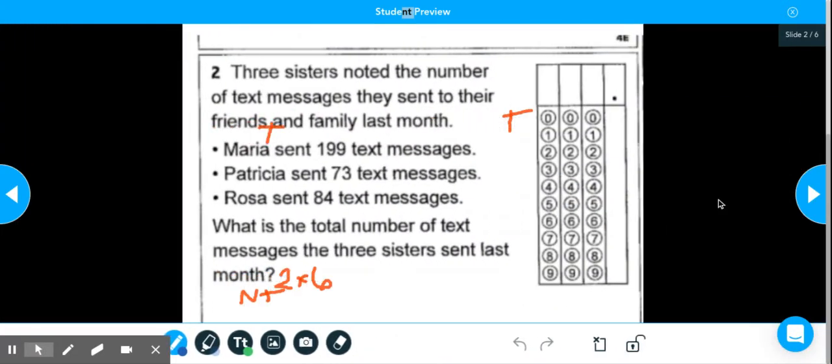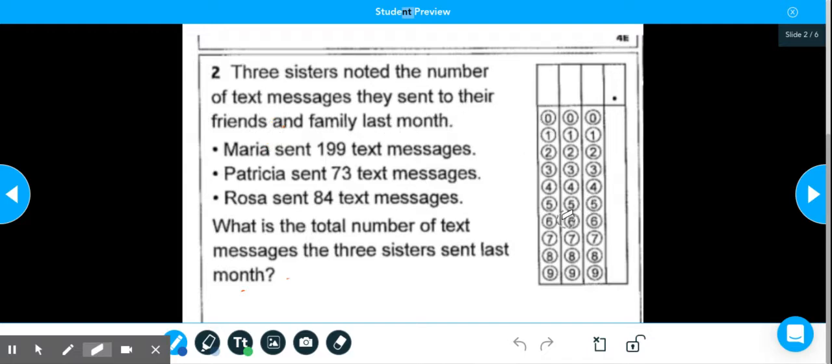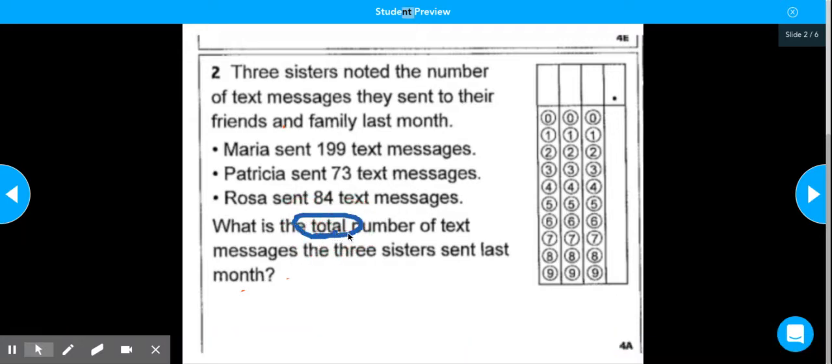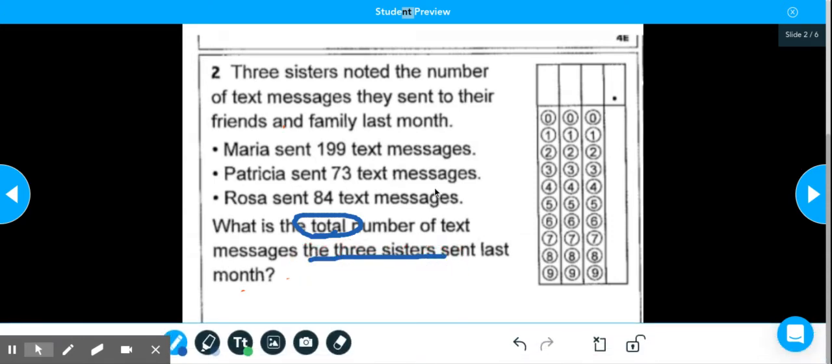Okay, let's go to the next one. All right, let's erase all that. Okay, it says 3 sisters noted the number of text messages they sent to their family and friends last month. Maria has 199 text messages. Patricia sent 73 text messages. And Rosa sent 84 text messages. What is the total number of text messages the 3 sisters sent? Okay, so it wants us to do all 3. So you would have to do